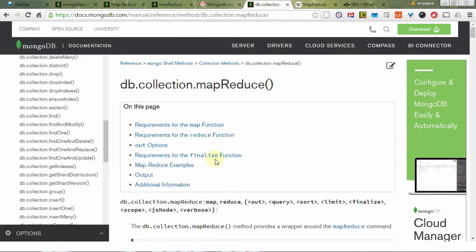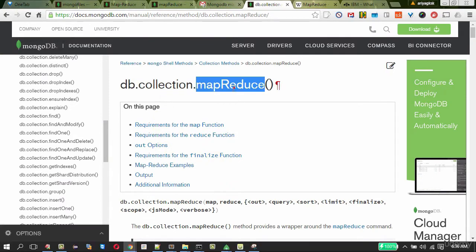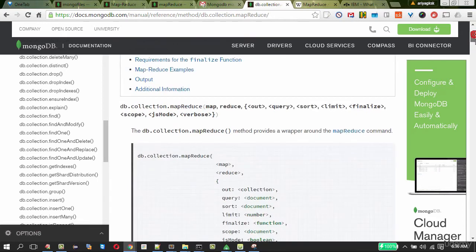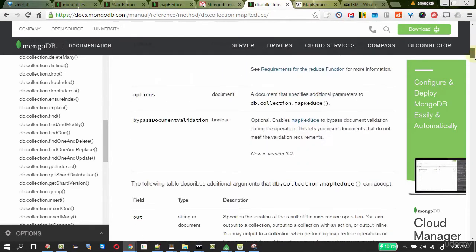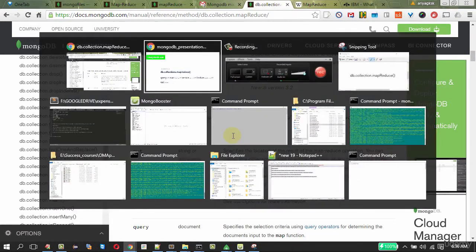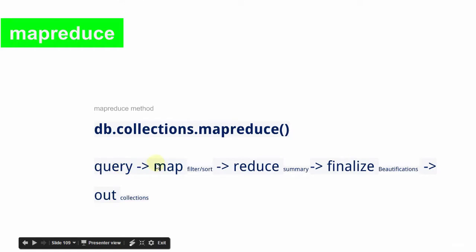For MapReduce, we'll be using the db.collection.mapReduce method. The method syntax is given here. As you can see, the parameters are map, reduce, and the option parameters out and finalize. To understand it simply, I have mentioned the steps here. The first step is to query.